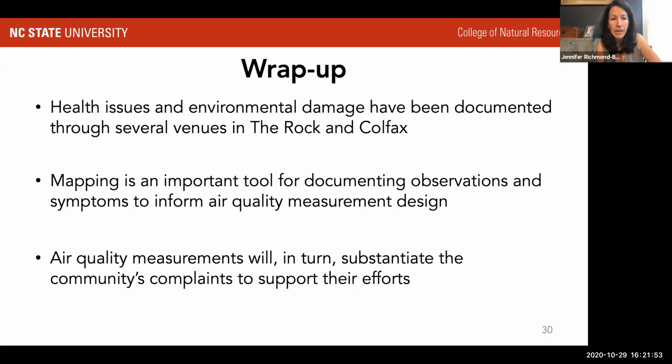So in conclusion, health issues and environmental damage have been documented through several venues in the Rock and Colfax. We're working on trying to add more context to that through our interviews. The mapping is an important tool for documenting observations and symptoms that inform air quality measurement design. And these measurements will in turn help to substantiate the community's complaints to support their efforts. And that is all I have, but I am more than happy to answer questions